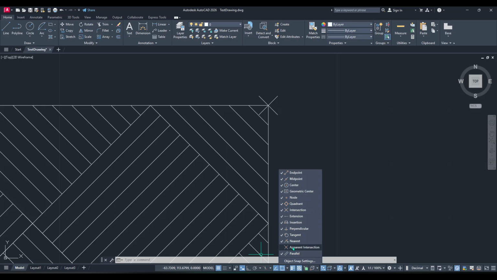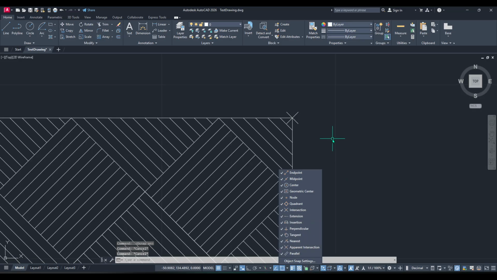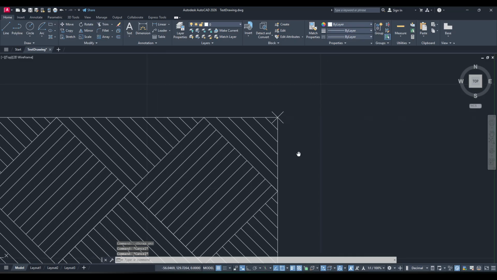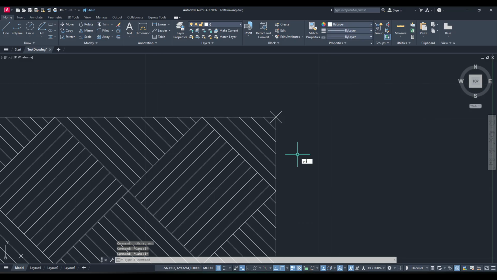As you hover, watch for the small snap markers that appear under the cursor. They confirm what you're about to lock onto. When the correct marker shows up, click to place the point right there. Adjust your snap settings if the cursor keeps grabbing the wrong thing. You can temporarily disable a mode that's getting in your way, or enable one that better matches your goal. The idea is simple. Pick the snap that describes the location you want, hover until AutoCAD confirms it, then click